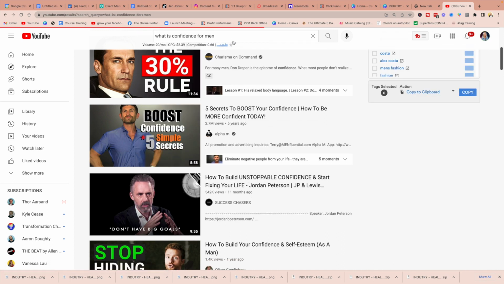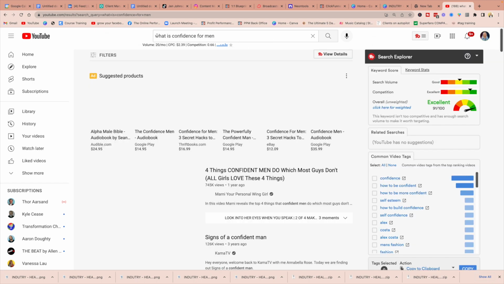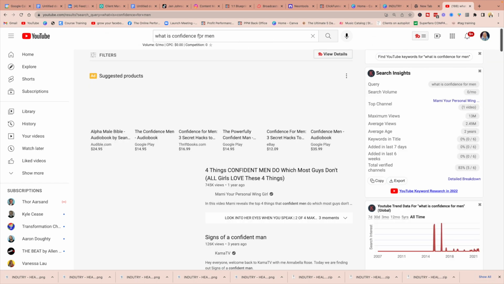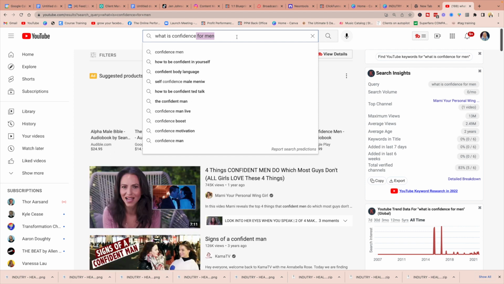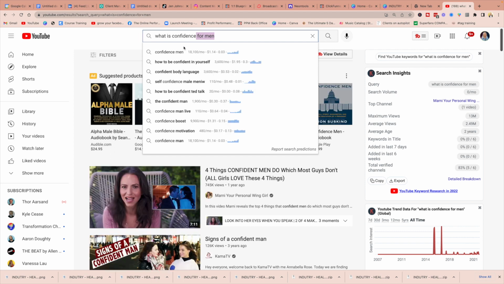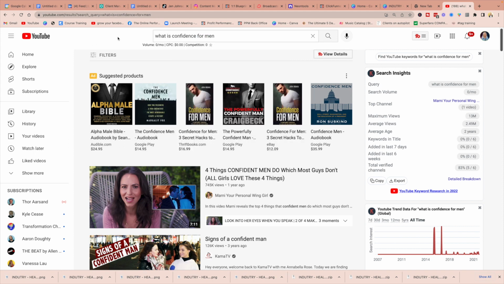Example. And when you do that, you already know that this keyword is being searched, but now you want to specifically look for it for men. The cool thing is, confidence in men. So you can see here all the searches that are taking place. The confident man, 1900. 5 ways to become the confident man. You're starting to use topics that are actually being searched, and this is how you can be found when you're on platforms like this. So really take this and run with it.